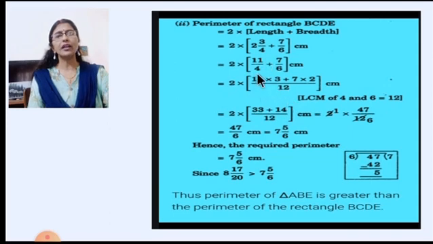Now we'll have to solve this. 4, how much is 12? 4 3s are. So 11 also will multiply by 3. Plus is there, we'll write plus here. 7 is in the numerator. Now 6, how much is 12? 6 2s are. So same thing we'll do with the numerator also. 7 into 2. Now next step, 2 into 2, which is outside the bracket. Now inside the bracket we'll write 11 3s are 33 plus 7 2s are 14 upon 12.